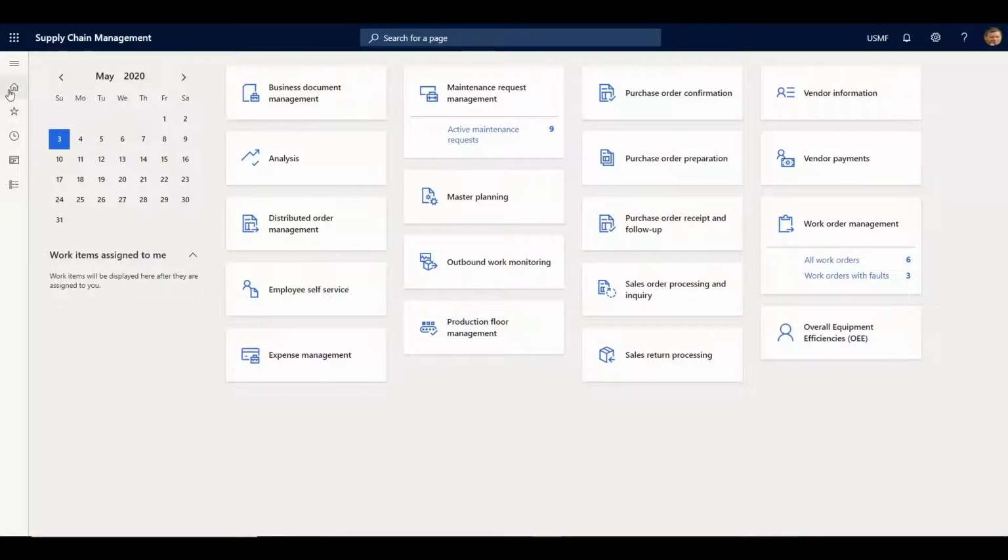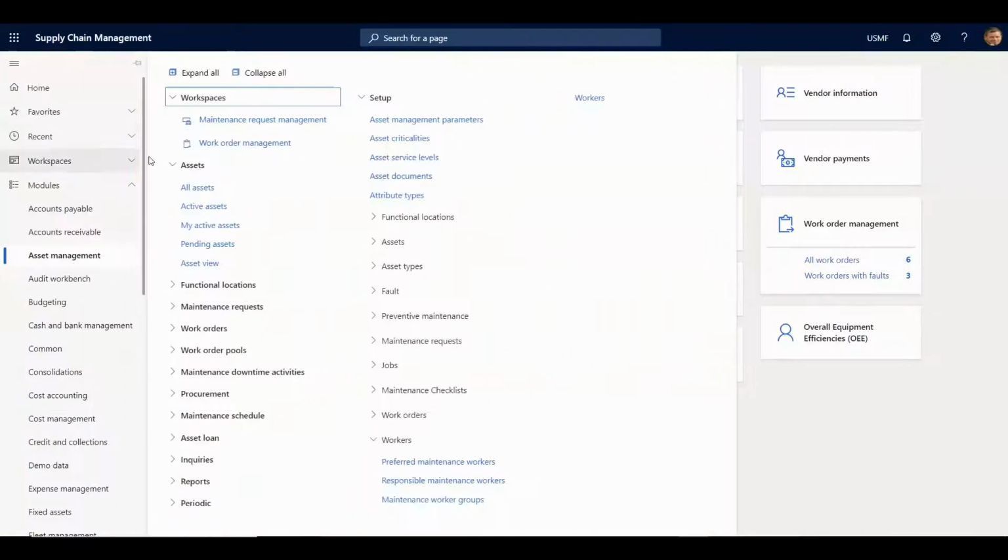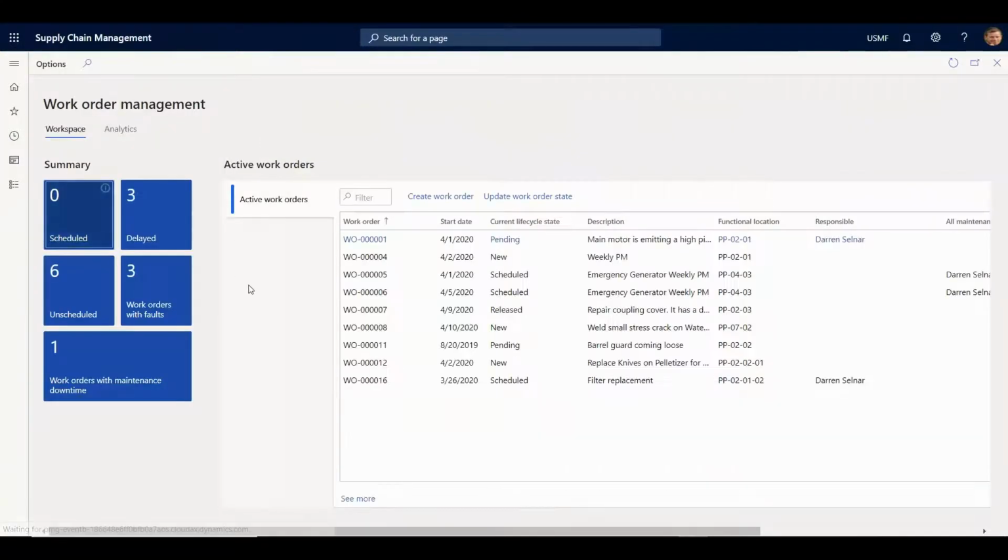Asset management is a great capability that helps companies be proactive with the maintenance of key equipment, whether it be on a shop floor or in a facility. Individuals can raise up maintenance requests or work orders, either manually or via maybe a Power Automate via IoT intelligence. Now, in my case, I've actually already created a work order